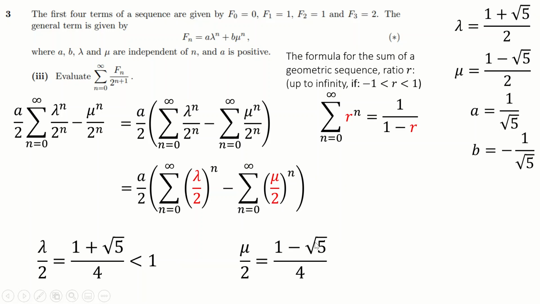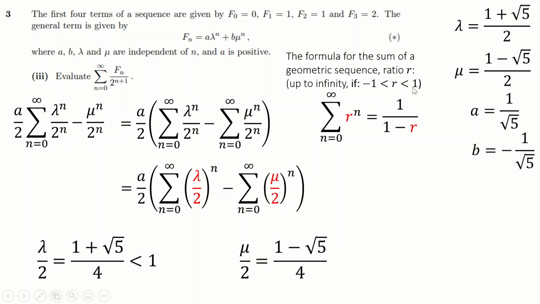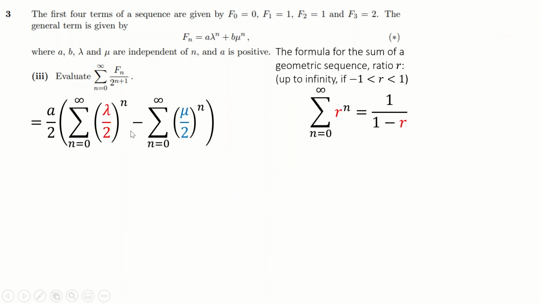1 minus something a bit over 2 is minus 1 point something divided by 4. It's definitely between minus 1 and 1, right? So that's also going to be fine. I don't need a calculator to do that. It's definitely going to be okay. So both of these are fine to use this formula with, which is great news because it means I can do this